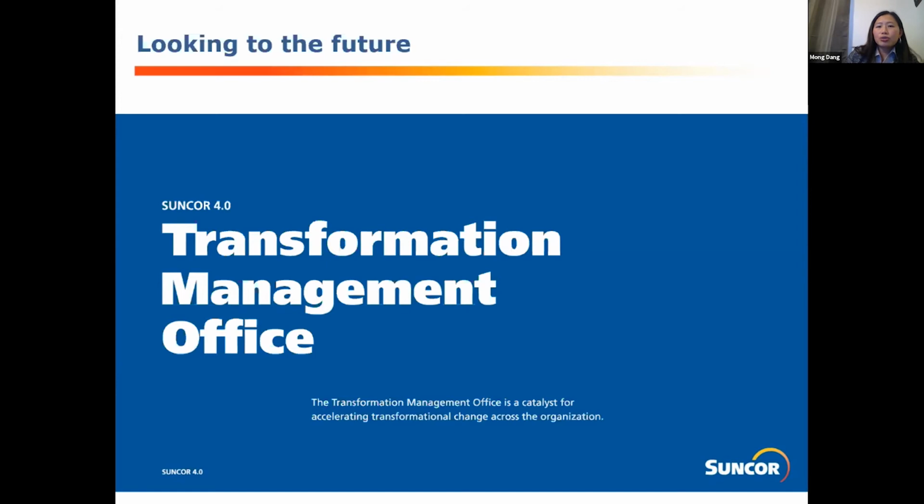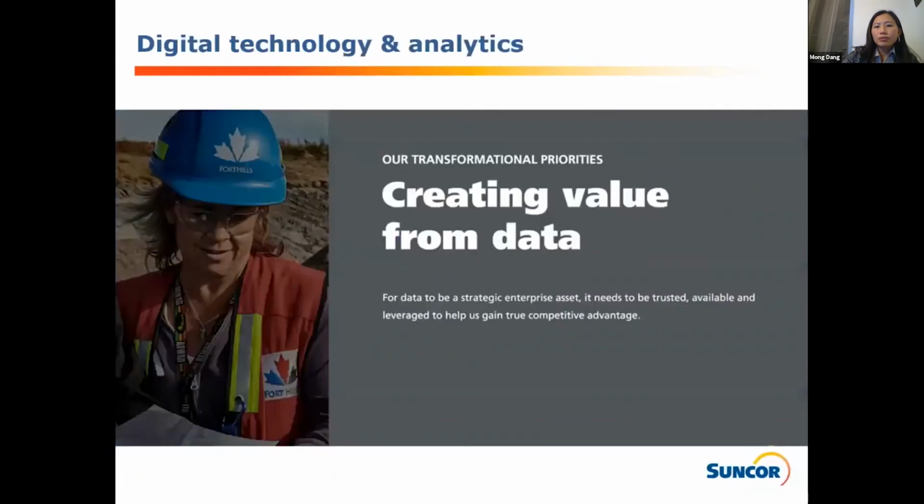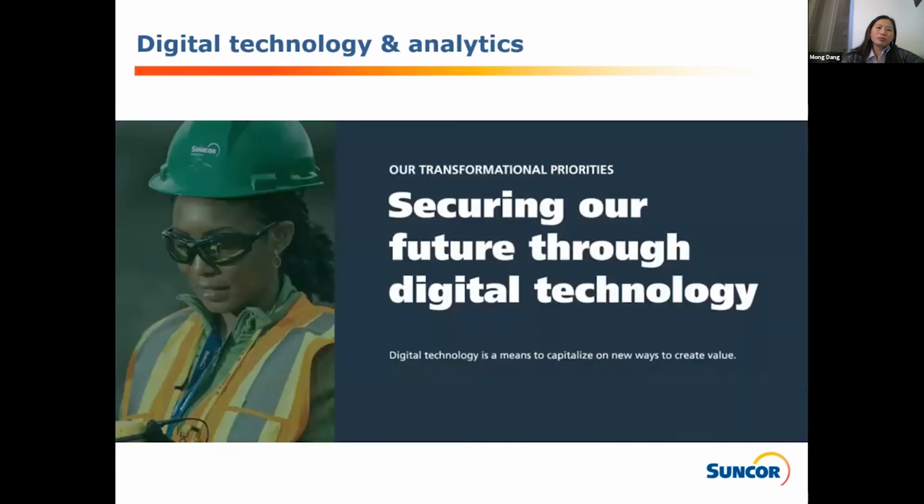I will now share 2 transformational priorities that most align with the work we are doing in advanced analytics and AI. This direct strategic link from the top down has been key in advancing AI opportunities. The first transformational priority is creating value from data. By developing a focused data strategy and leveraging foundational technology upgrades and centralizing data and process governance, we will model where data originates and where it goes in a consistent way. And as we know, large volumes of good quality data is important to AI models.